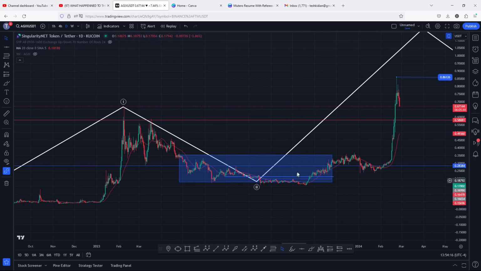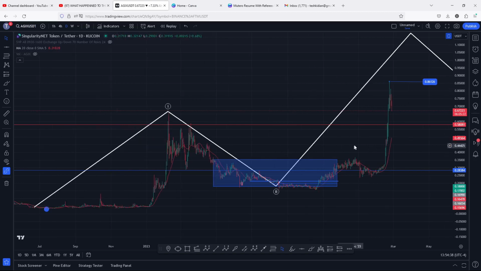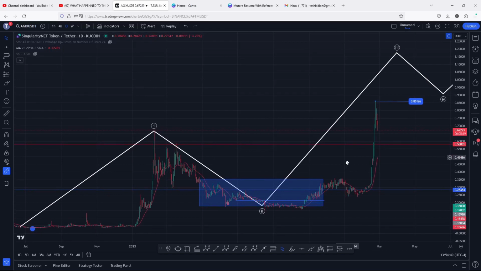We saw much of a consolidation within the blue target area before we finally saw the breakout to the upside, breaking above significant areas of resistance, flipping them back into support in a move that has now given us a high above the 0.86. And I still expect higher prices in the formation of this wave 3 to the upside,